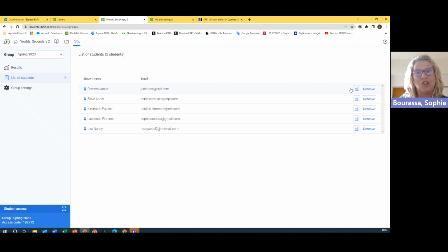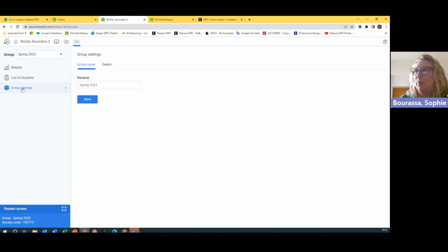If you have a student that changes from one class to another and he's already joined your class, you can certainly remove that student anytime and they can join your fellow teacher's class. You also have group settings that you can prepare for if you need to delete from one year to another, or you want to change the name of your group, you can do so right here